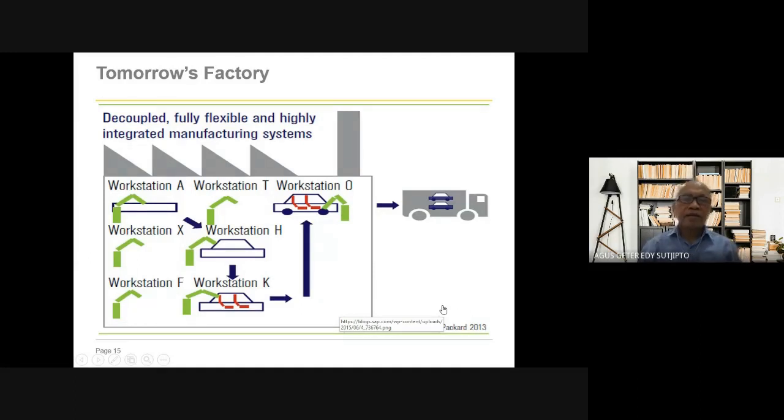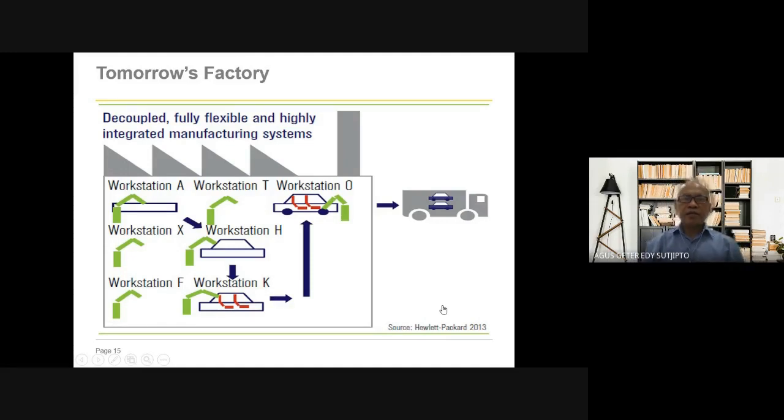They can do any function, such as setting the body, assembling the car, windows, and then the seats, etc. So if one workstation is full, we can use another workstation. This is the integration of the manufacturing system.